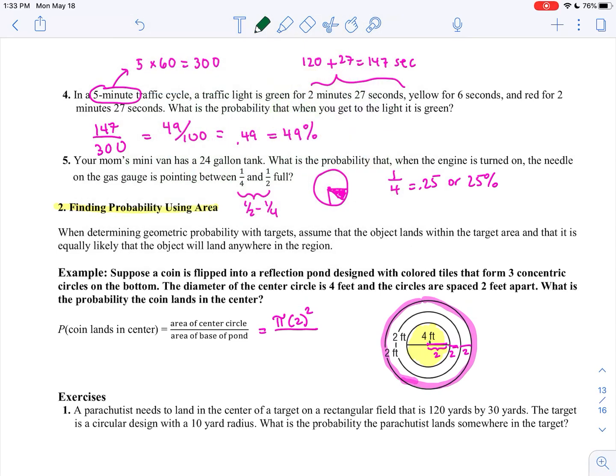So the radius of the larger circle is 6. So we're going to divide by pi times 6 squared. When I reduce that, I get 4 pi over 36 pi, which is 1/9. So my probability is approximately 0.11, or